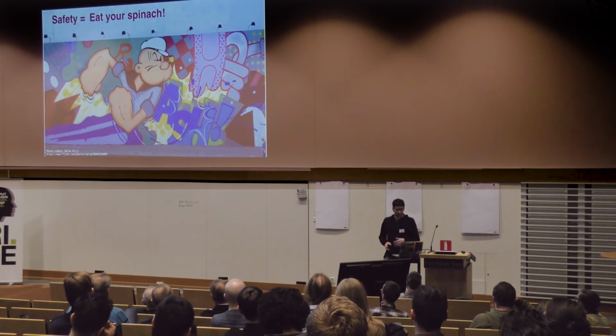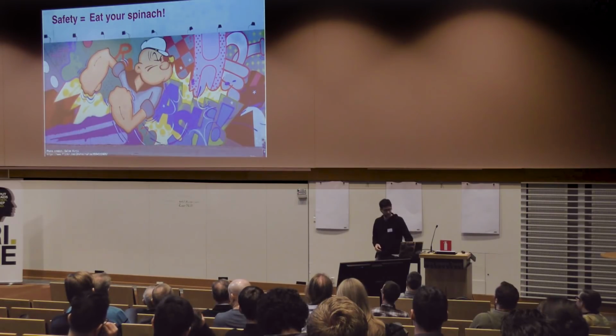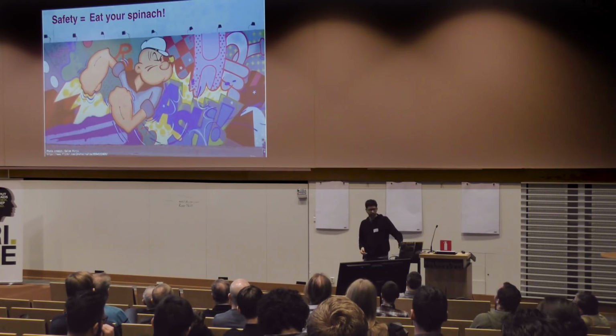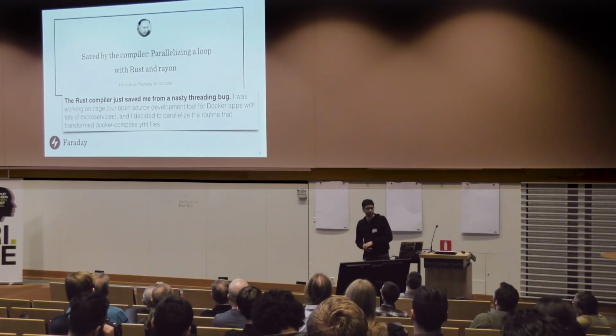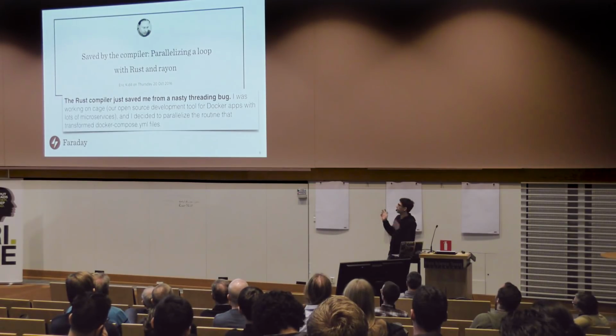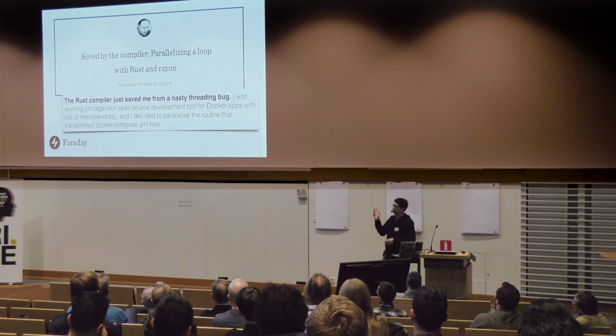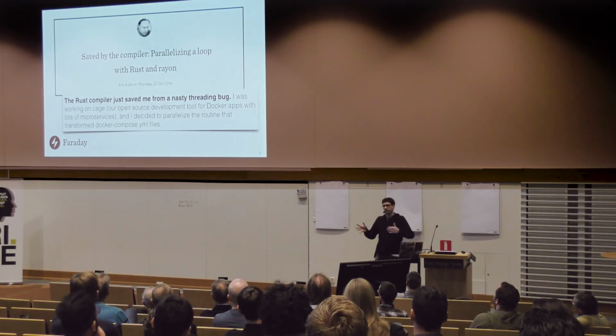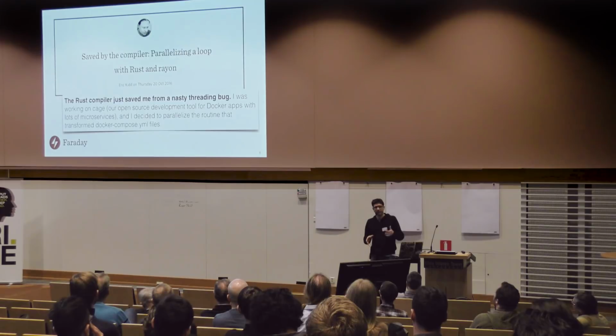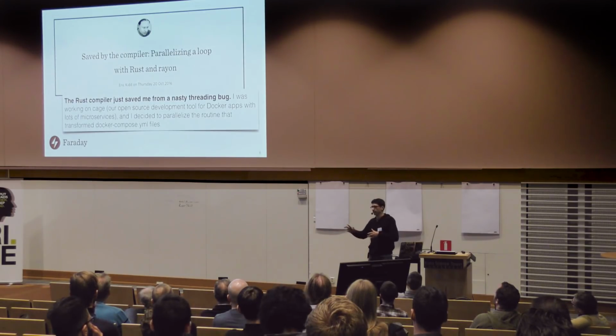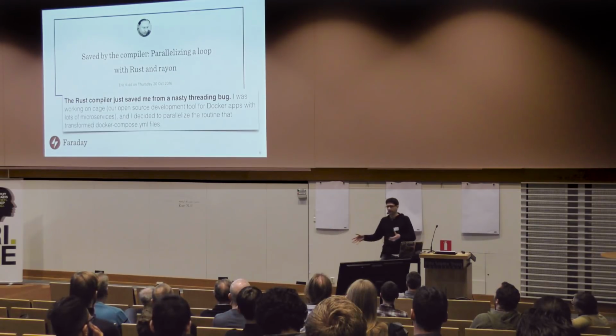I'm going to give you some examples as we go of what I mean by this, how this plays out in real life. Here's one example that came from the wild. I've actually had almost the same experience as this fellow. He works at Faraday, which is a company that uses Rust. He was inserting some parallelism into his product, and it didn't compile, right? You could see that as a drag, but it turned out it was because there was a subtle race condition that would have arisen, probably not right away, but down the line. Instead he learned about it right away, and he was able to fix it, right?